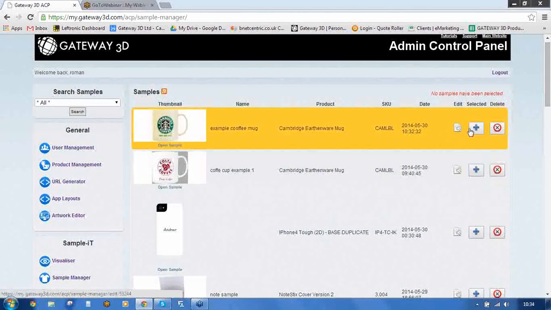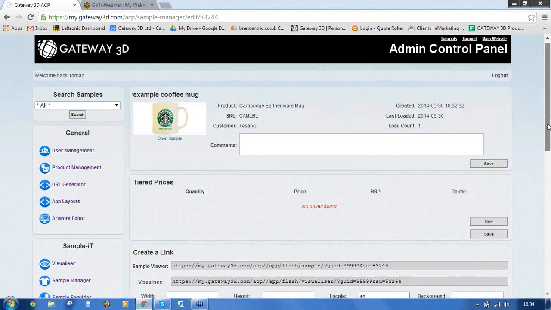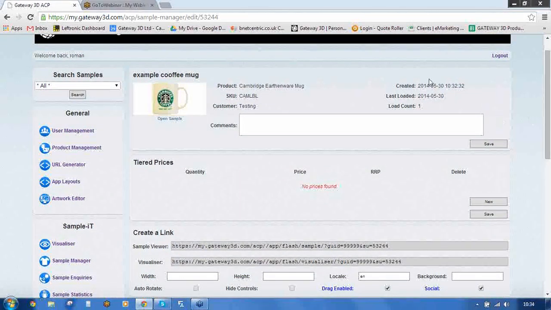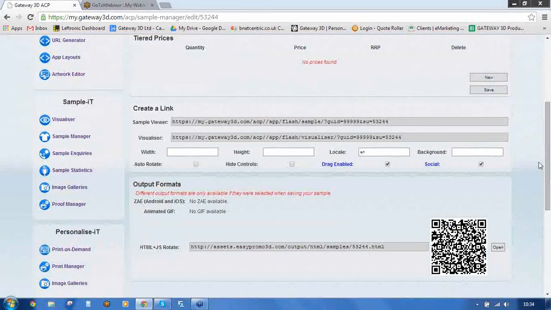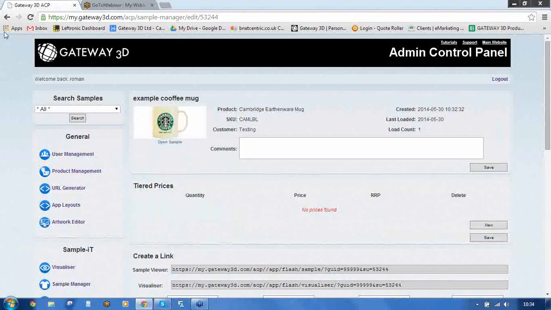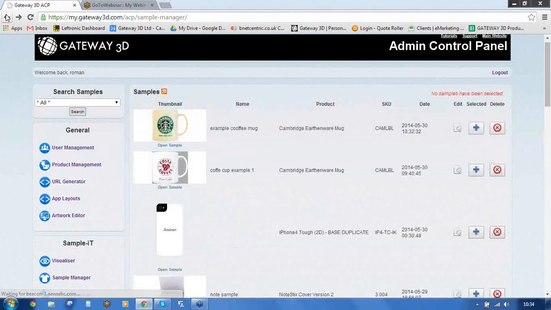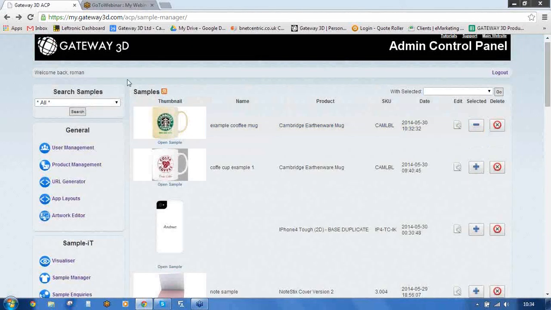So again, this is the one I created earlier. I can go into the sample manager and edit that product. I can look at what product it was, when it was created, when it was last loaded. I can create links that I can embed and send over to the suppliers as well. At the same time, if the customer asks for the product to be sent over again, I can simply